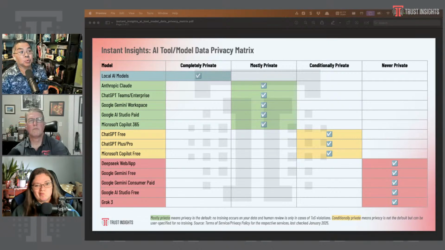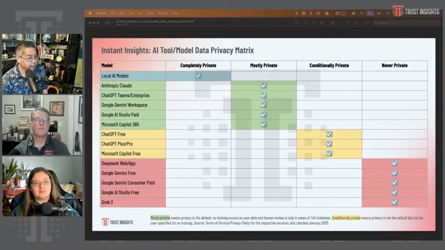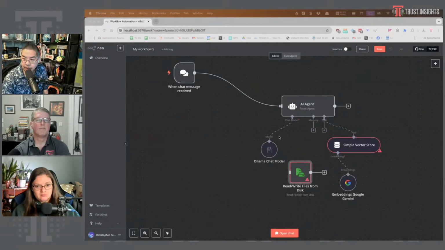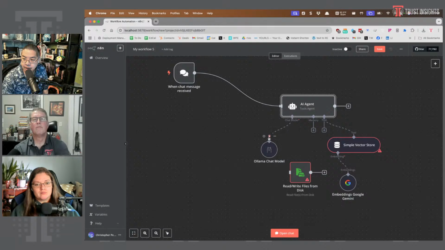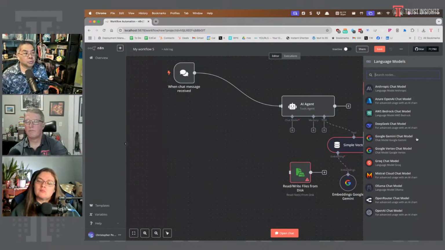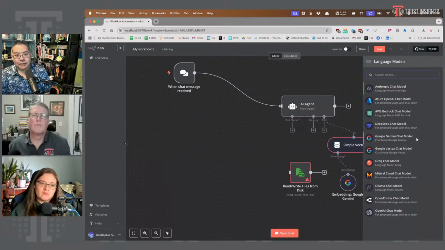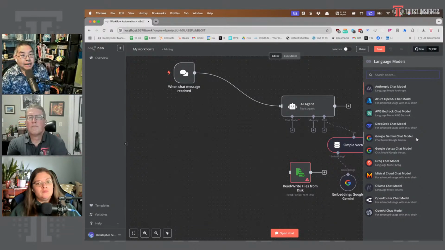If you're using the sales playbook with the CRM data, and we look in the systems themselves, when you look at what model to attach here, if I get rid of Ollama and toss it in the bin, I can choose one of those APIs. I can say I want to use DeepSeek. Never use that one for private data. I could use the Azure OpenAI, right? That is governed by your Azure instance. I could use the Google Vertex edition of Google Gemini, and that is governed by the